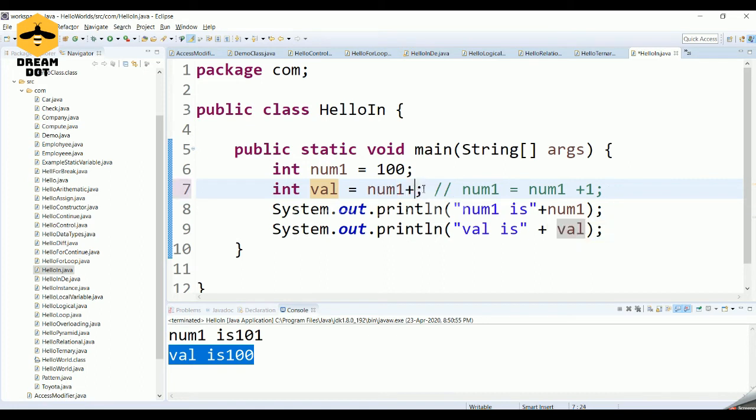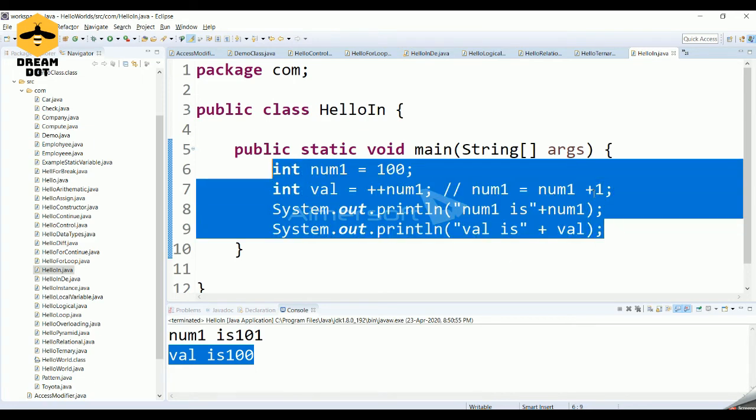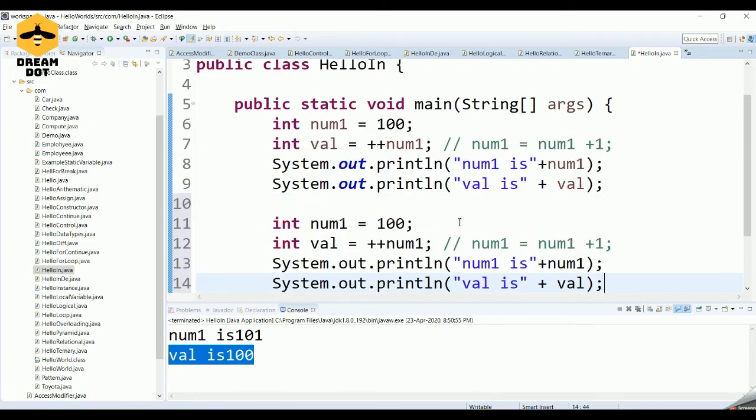But if you put ++ in the beginning, first it will increment and then it will assign. So first it will become 101 and then the 101 will be assigned to val. Hope I am clear. To make it much clearer, let's write the same block maybe with a different set of variables.